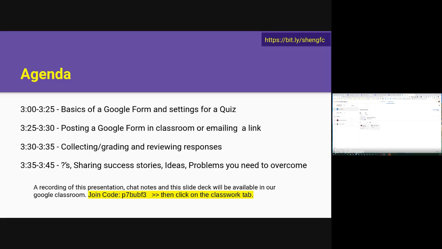Okay, if I had posted that sci-fi quiz in a classroom and given you the link to the classroom instead, we would be able to do that right now, but I didn't want to complicate things to start with. Okay, so posting your